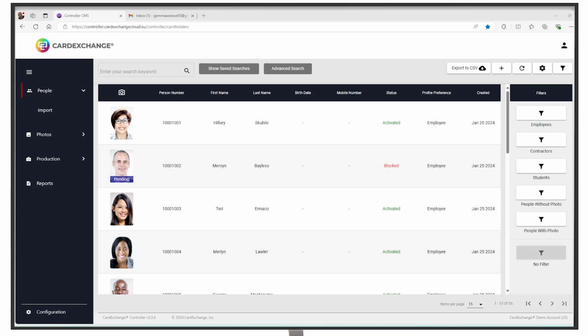But before I start, a brief introduction to CardExchange Cloud. It's a complete end-to-end enrollment and credential management solution. We have a lot of functionality within it. We manage cardholder enrollment, virtual ID card issuance, mobile credential issuance, centralized and decentralized production of physical cards. We have photo approval, credential lifecycle management, third-party system integration, automated business rules, reporting, lifecycle tracking, and a lot more